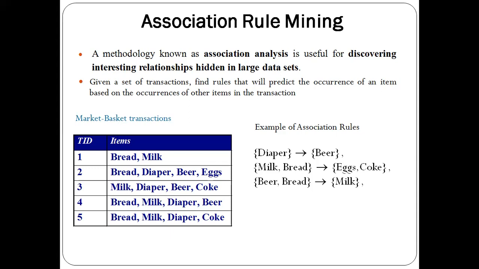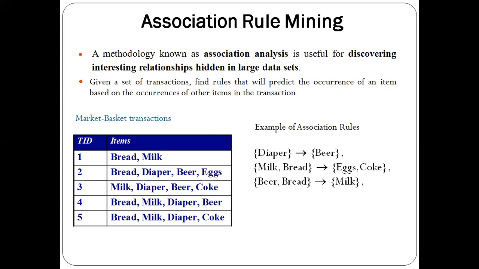Normally, if you are a genuine customer of some applications, sometimes they are going to give you some rewards. If you are using Amazon Pay or Google Pay, they will be giving you rewards. You might have observed cash back, and they will give some discount on some of the apps. That is given because you're a loyal customer to them. So that is one kind of customer relationship that is improved with the help of association analysis. So if you perform association analysis, we can even improve the customer relationship.